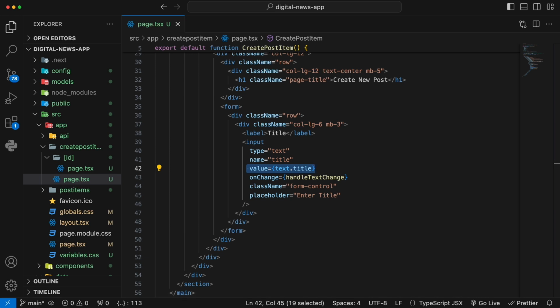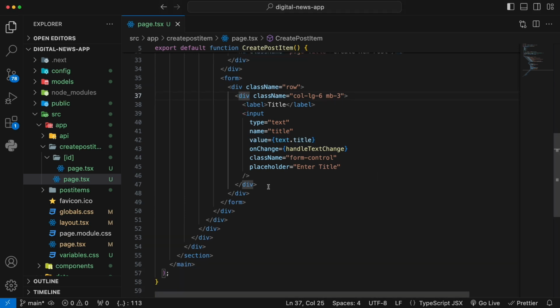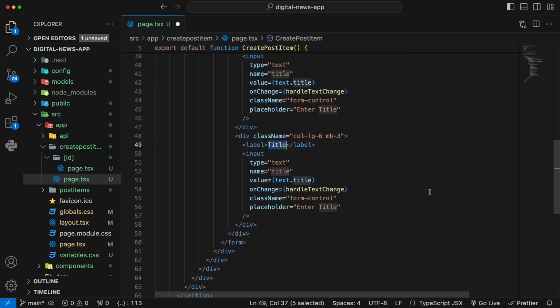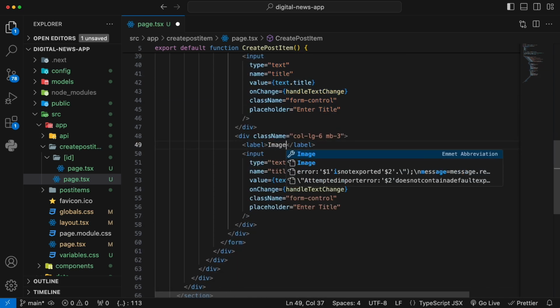The next thing is going to be quite simple because we're just going to reuse the things we have built and apply them to other areas. Our next input, just below the 6-column one, is going to be another 6 columns. So what I'm going to do is copy the entire thing to save a bit of time. Here we're going to have our second input, just change the label, which is going to be an image